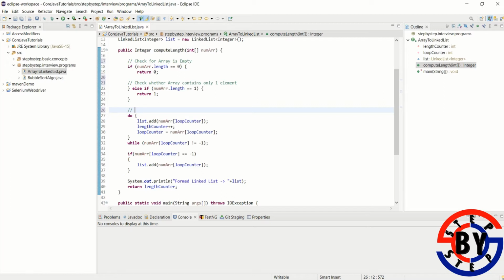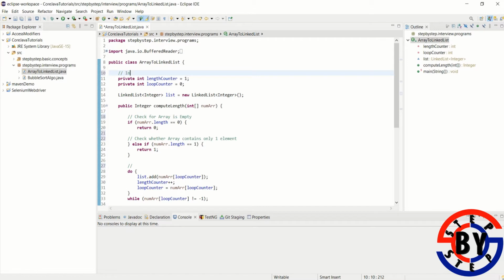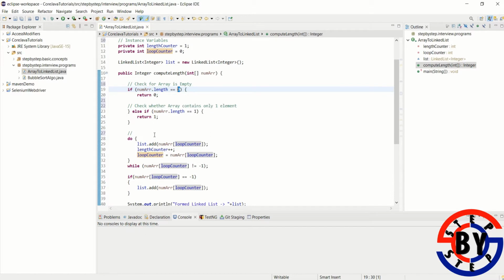I have written a do-while loop wherein I have created two variables. The length counter finds the length of the linked list formed, and the loop counter loops through the integer array, starting with the index 0. So that's how the loop works. Let's understand the condition first, because in a do-while loop the condition is written at the end, and that is the syntax.